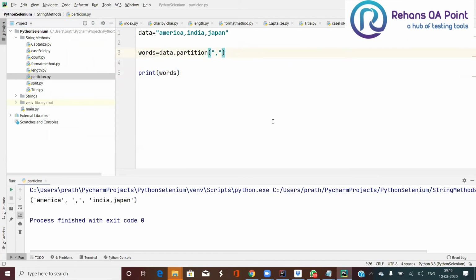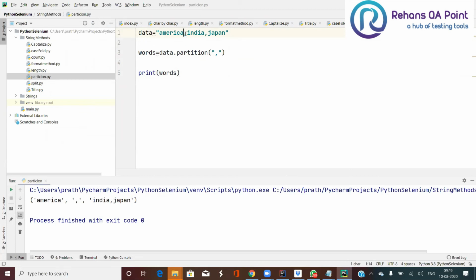Now see what happened here. I have the comma repeated multiple times, but the first occurrence is taken into consideration. So it will go and find where this comma is available. Yes, it is available here.